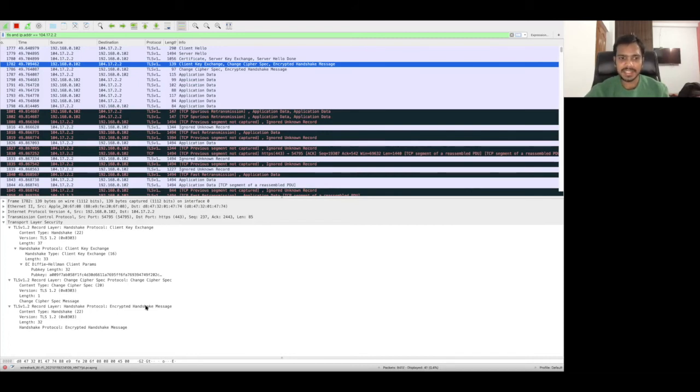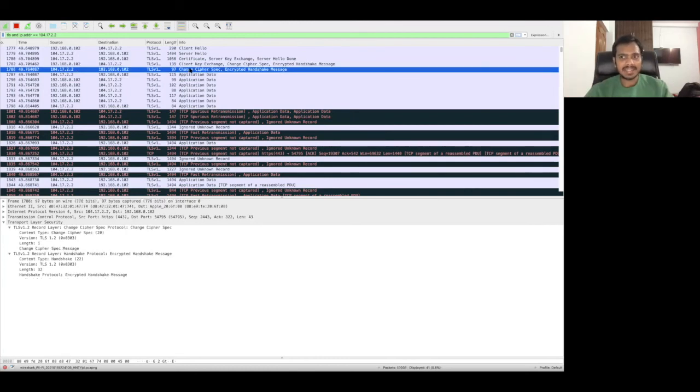It has encrypted it using the key. Of course, both have already exchanged the key, because the server has sent the Diffie-Hellman parameters to the client, and the client has also sent its own. So the key exchange is done, and the client is using that key to encrypt a sample message and send it to the server. Now the client has sent its Diffie-Hellman parameter also to the server, so now the server will also have the key. So what the server is doing, again, is also telling that the first message is change cipher spec.